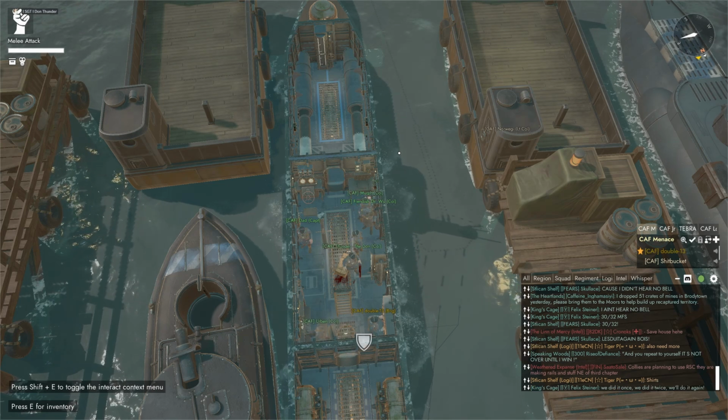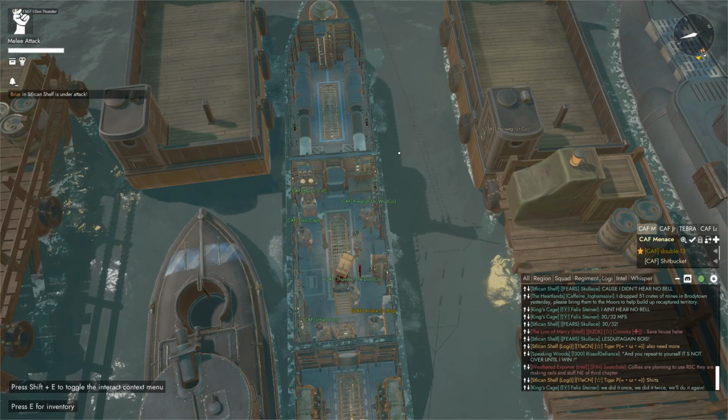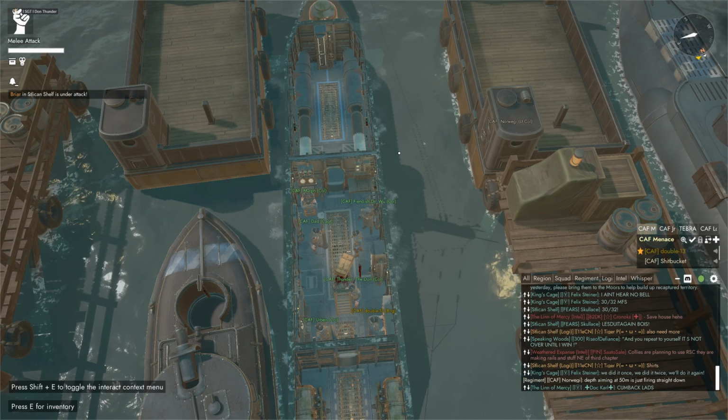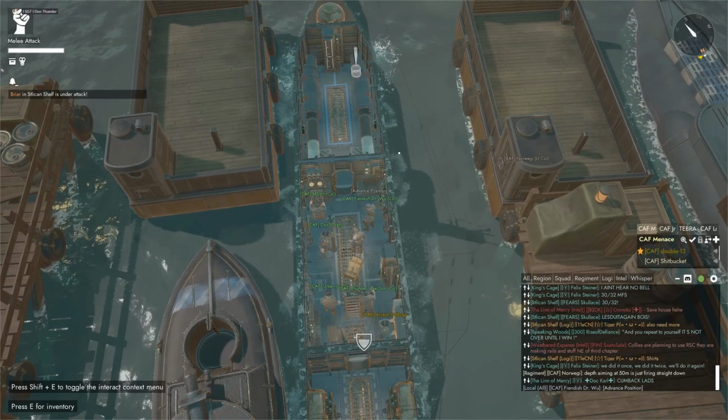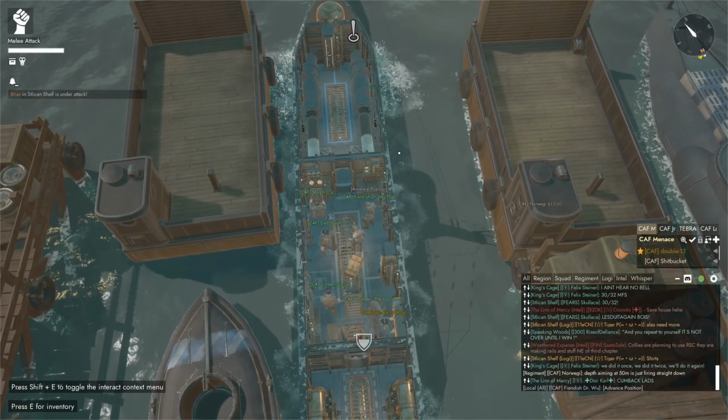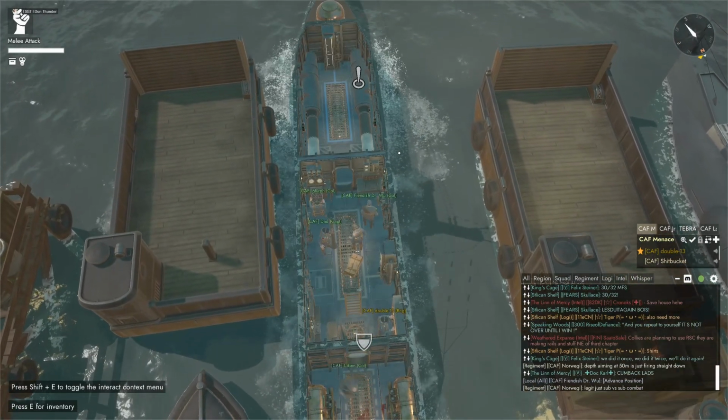Now, if anyone wants to drive, they can put themselves in the driver's seat and they can press the funny W key. We should be going forward. Good. Now, if anyone wants to be on the funny ballast...